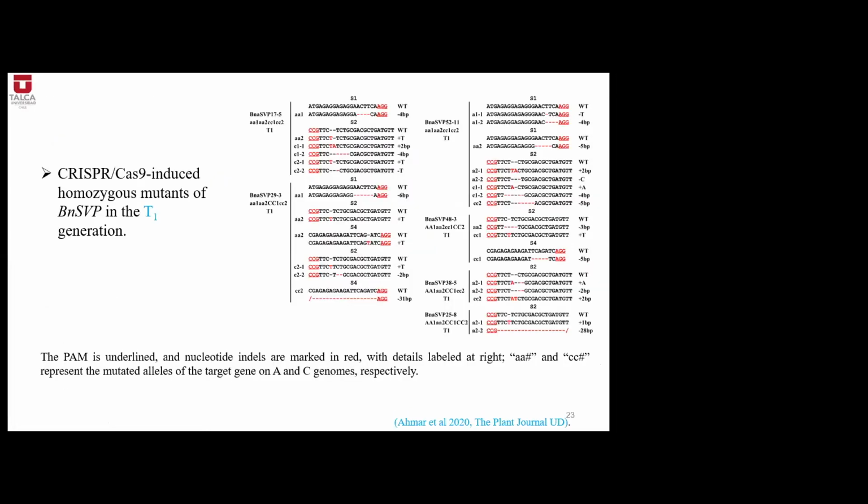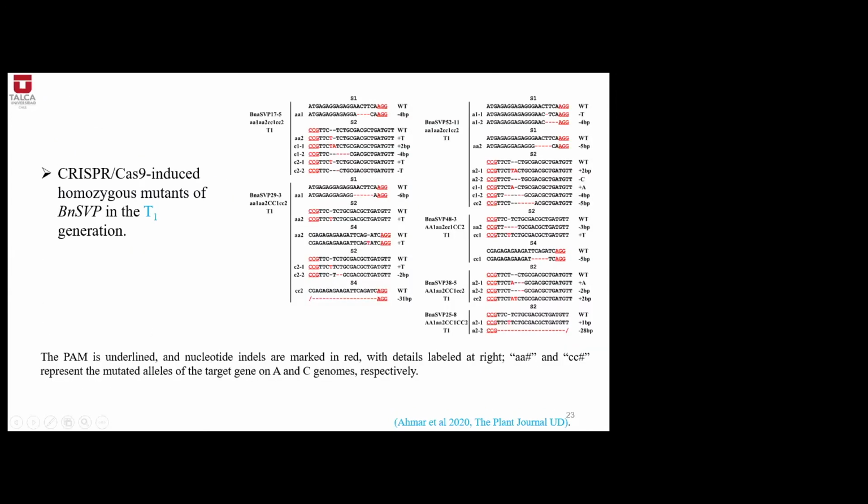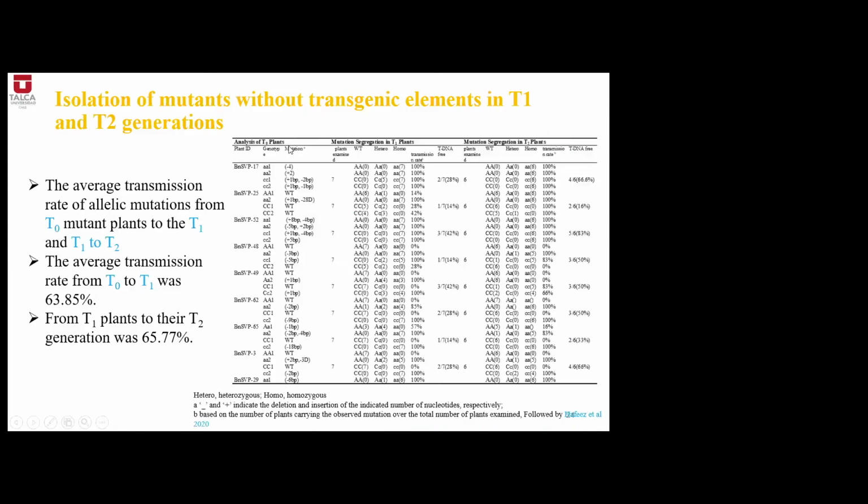After this, we need to go in a different direction to develop a tDNA-free element, which can be used commercially for breeding. So we will grow the T1 lines, and you can see here that this plant is a homozygous mutant plant. We only choose the quadruple mutant plant for segregation and for different mutations. Here we choose according to the genotype, check the mutation and the segregation rate. So these two plants are quadruple mutant homozygous plants.